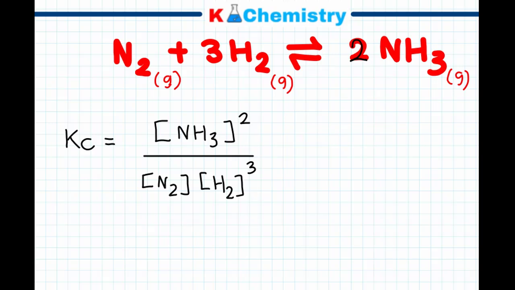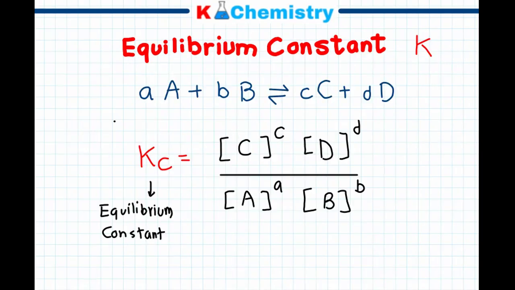We raise the concentration of hydrogen to the third power. For gases, it's more convenient to use partial pressures instead of measuring concentrations. So if A, B, C, and D are all gases, in the same equation that we have used here, and instead of using concentrations, we use partial pressures,